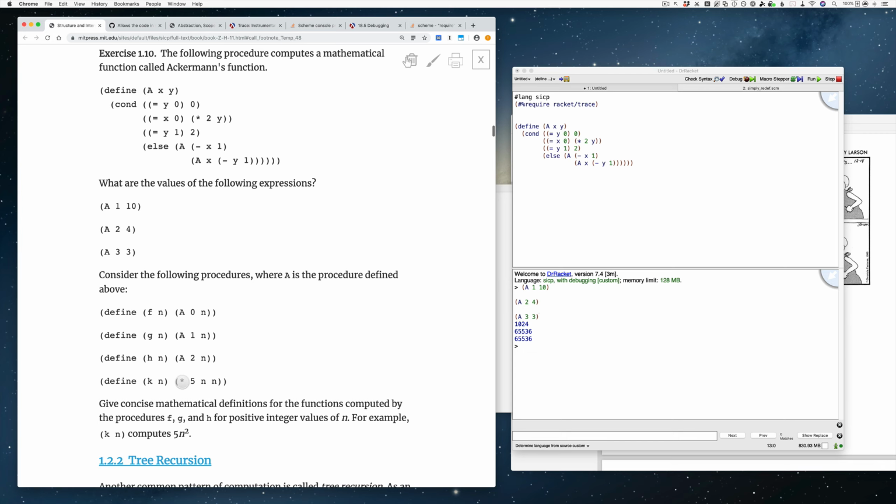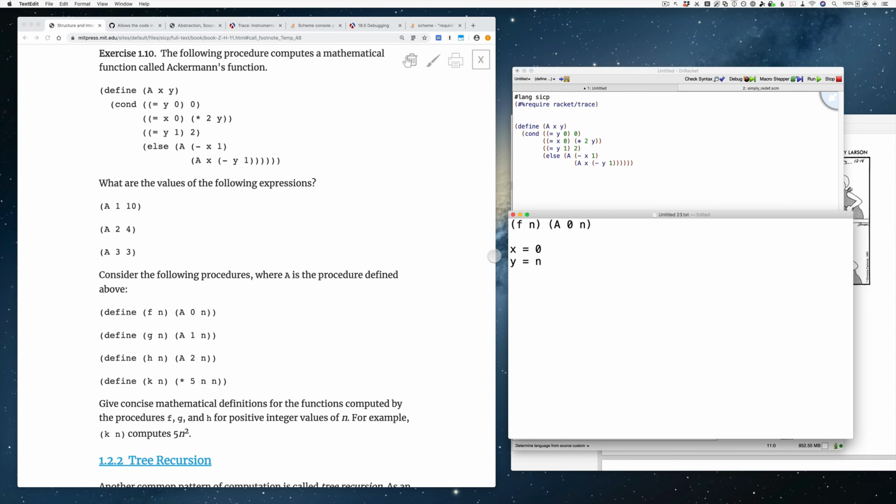What they give it's not even calling the Ackermann function. It's just multiplying. All right, so I think this is easier than I initially thought. So we just have to basically look at this, figure out which cond applies, and then kind of plug stuff in. So for function fn, f of n,